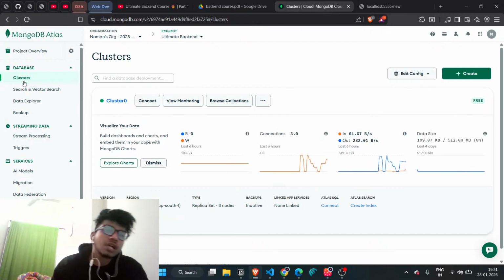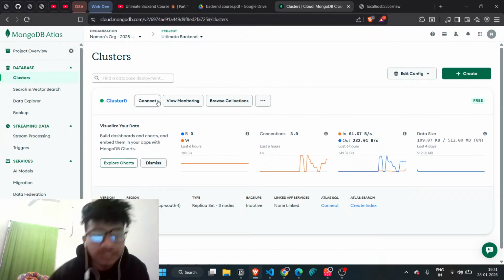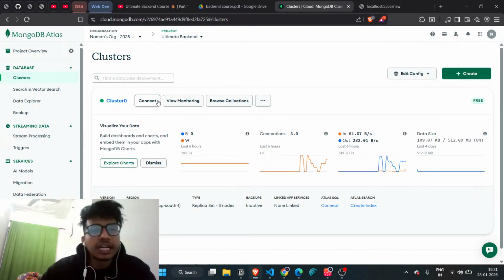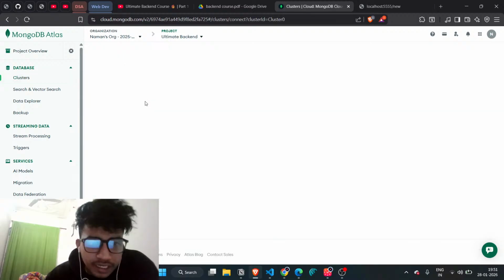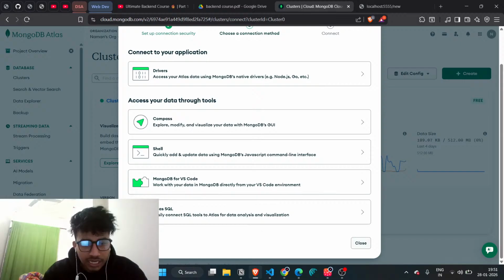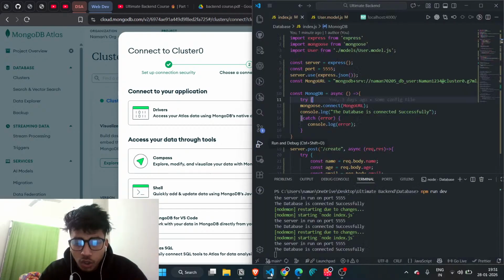Okay, so here is our MongoDB Atlas. You can create your cluster easily, it's not rocket science, you can simply go on YouTube and ask ChatGPT how to set up MongoDB Atlas. Okay, once you have created your cluster, just click on the connect button and here you can see many options: Atlas SQL, MongoDB for VS Code. Currently I'm using MongoDB for VS Code. Whenever you click on this you receive your VS Code link, you just need to copy it and go on